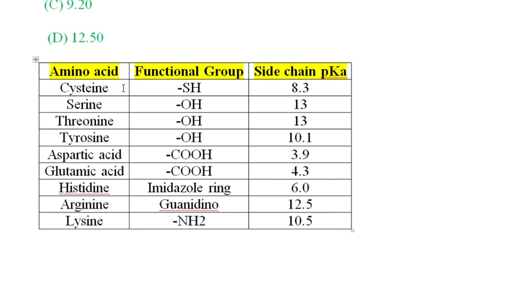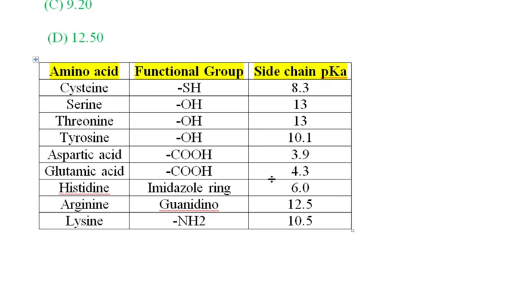So the SH group present in the cysteine amino acid will have a pK value of 8.3, and the OH group present in serine will have a pK value of 13, and the same OH group present in threonine will have a pK value of 13, and the OH group in tyrosine will have a pK value of 10, and the carboxylic acid group present in aspartic acid will have a pK value of 3.9, and the carboxylic acid present in glutamic acid will have a pK of 4.3,